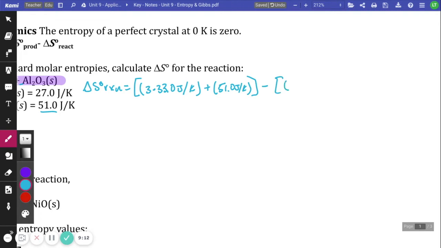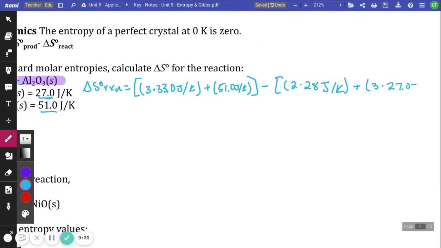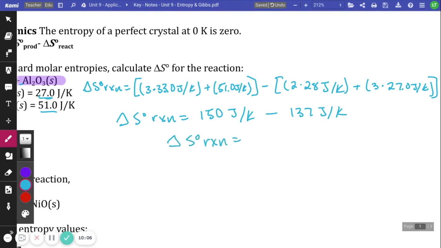of our reactants. Then for our reactants, I have 2 moles of aluminum, and its entropy is 28 joules per Kelvin, plus 3 moles of magnesium oxide, and its entropy is 27. All right, so then I am going to simplify those and work them all out. So 3 times 33 plus 51, if you plug it in, I got 150 there. And then 2 times 28 plus 3 times 27, I got 137 there. So I have 150 minus 137. It gives me that my delta S of my reaction would be 13 joules per Kelvin